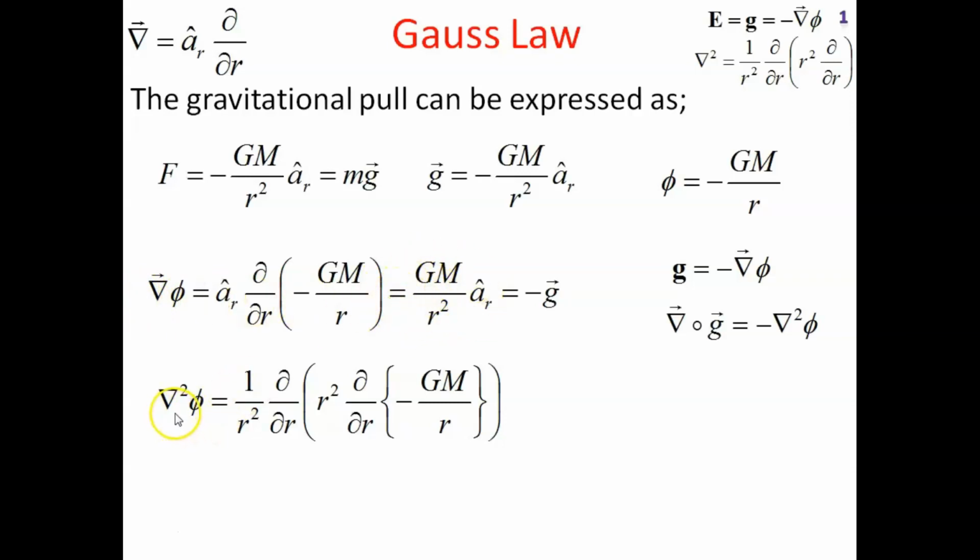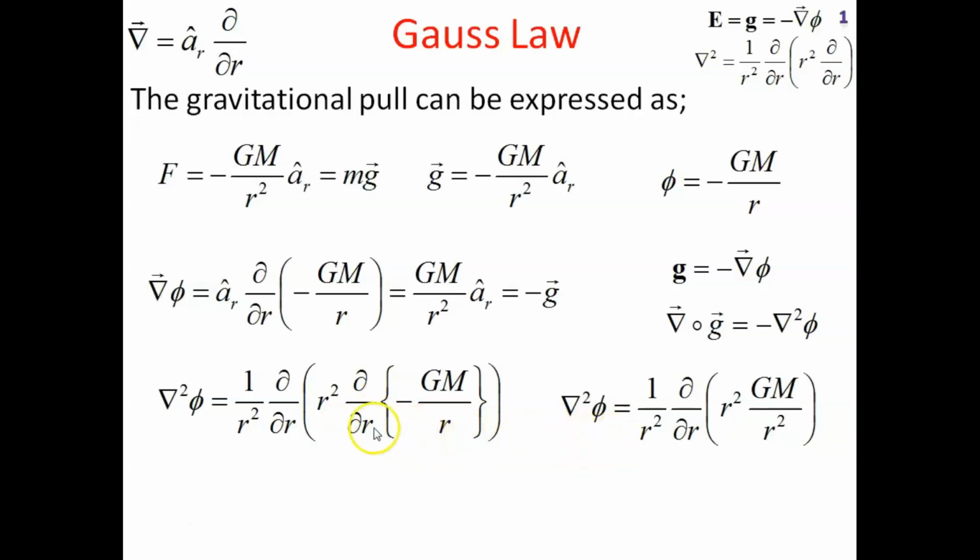And del square phi, as the definition goes here, this equation appearing in the recap, is 1 upon r square partial derivative with respect to r of r square into partial derivative with respect to r operated on minus GM upon r. So I would advise students to compute this by actually using a piece of paper and pencil,